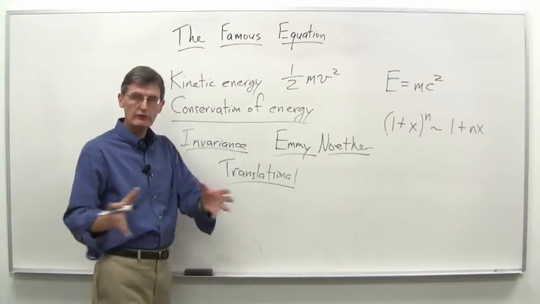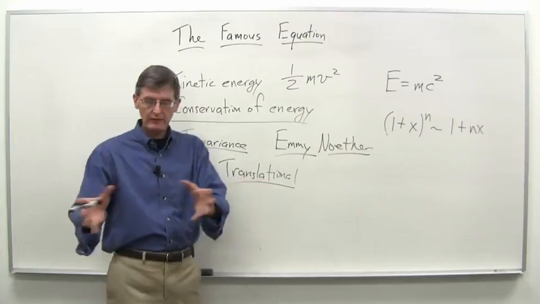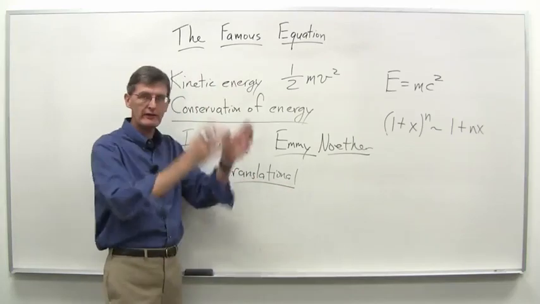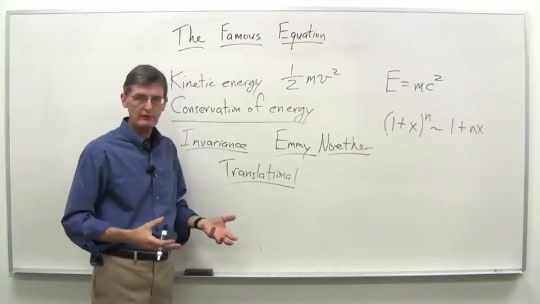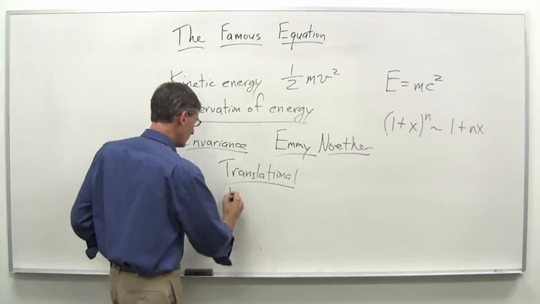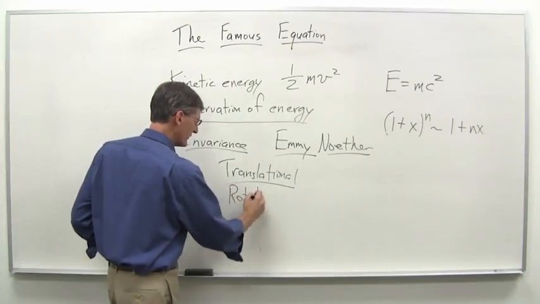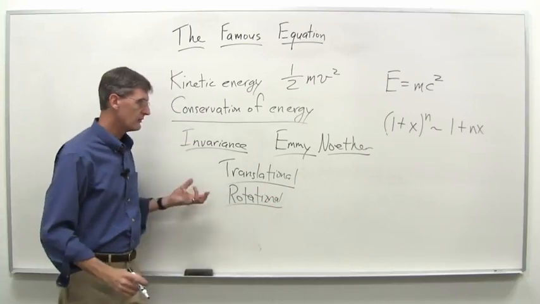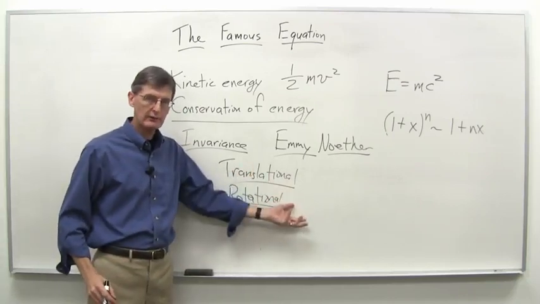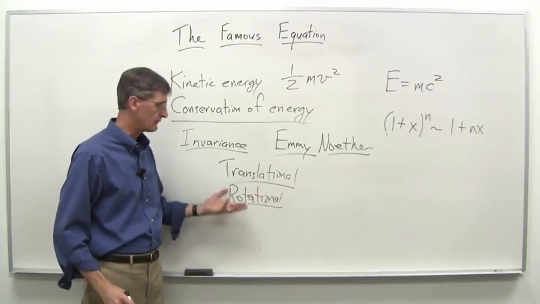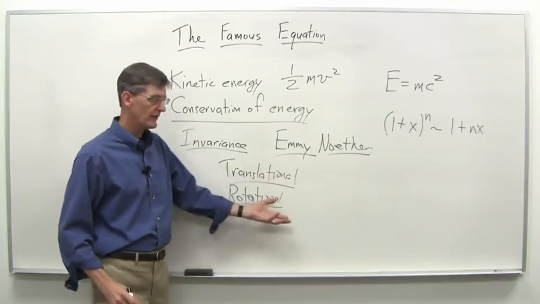Another idea is rotational invariance. As I turn from side to side here, or point in that direction versus that direction, maybe versus that direction, I should get the same results. So I have rotational invariance of the laws of physics in some very general sense. And that leads to the concept of conservation of angular momentum. In other words, Noether showed that these were equivalent concepts. If you have rotational invariance, you get conservation of angular momentum.